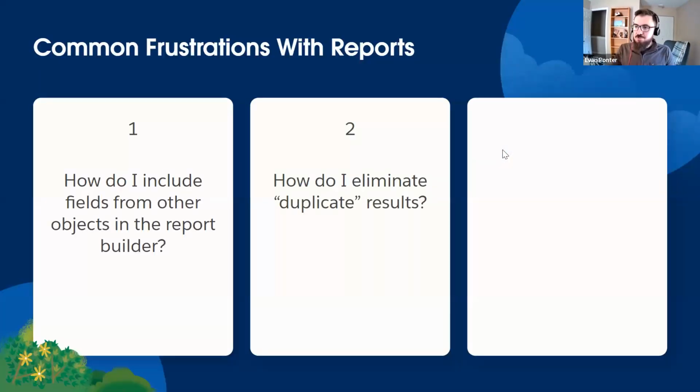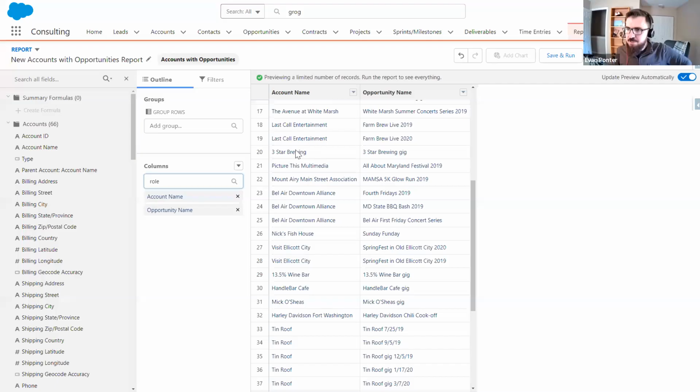Common frustration number two is how do I eliminate what seems to be duplicate results in my report? As I'm looking through this, I see that the same account is showing up multiple times. This Bel Air Downtown Alliance shows up 3 times here. Last Call Entertainment shows up twice. Now, they appear to be duplicates, and it all really depends on the granularity that you want in the details